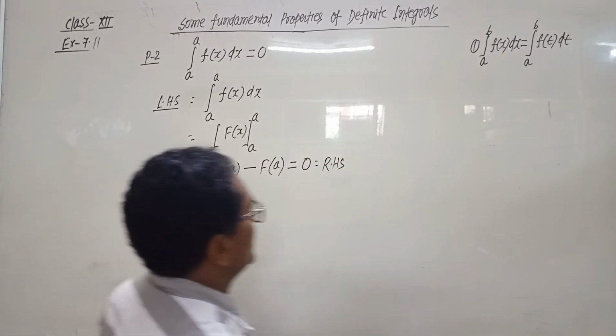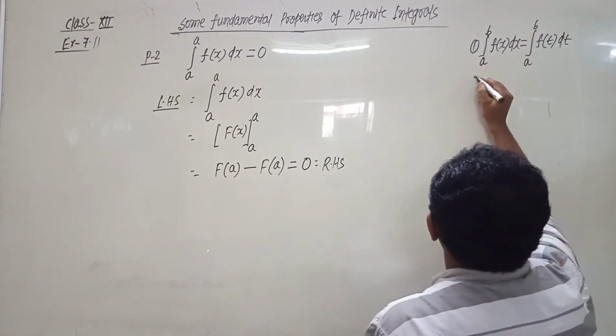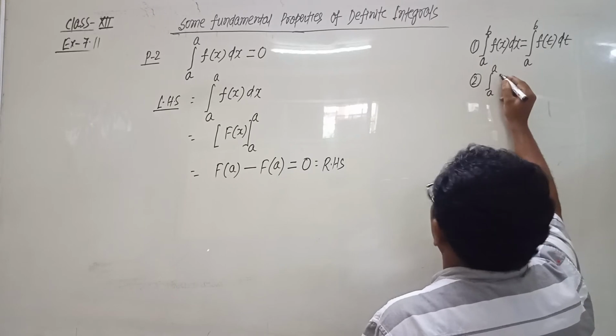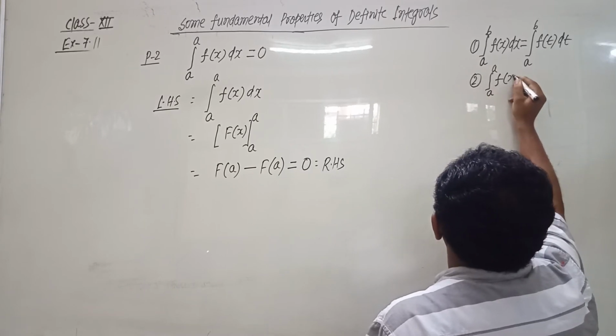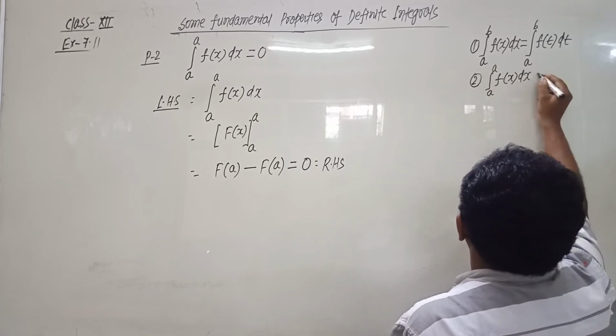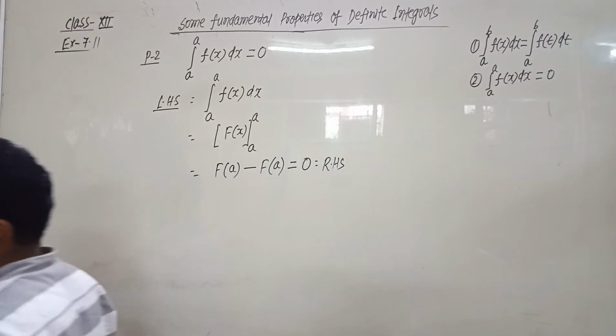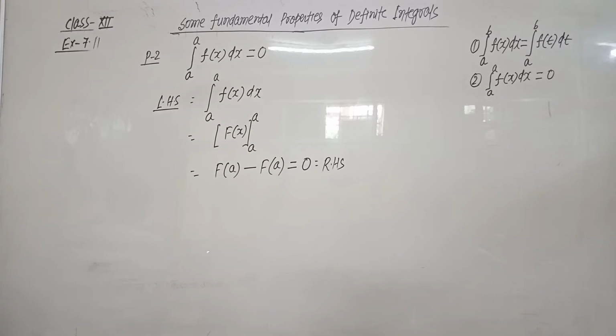So the second property comes that integration a to a f of x dx equals 0. If the lower limit and upper limit of the integral are the same, then its integration would be 0. For example,